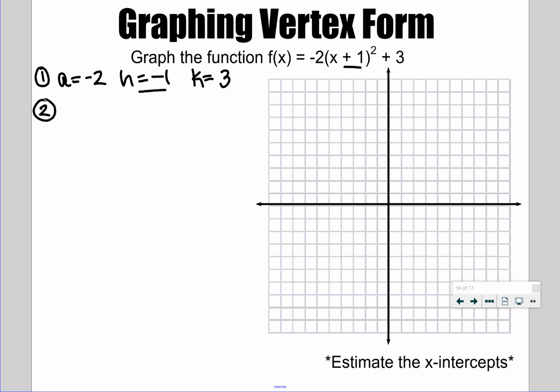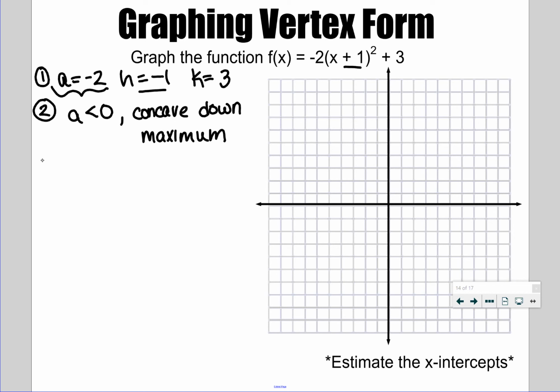Second thing we're going to do is name which way this opens. My A here, again, will tell me that information. My A is negative, less than 0. So that tells me it is concave down. And again, if you can imagine a parabola opening down, that also tells me I have a maximum value on